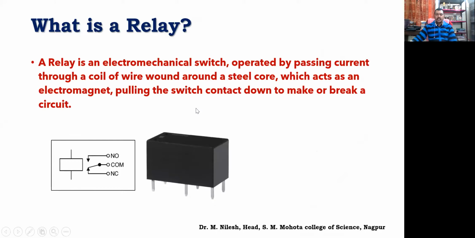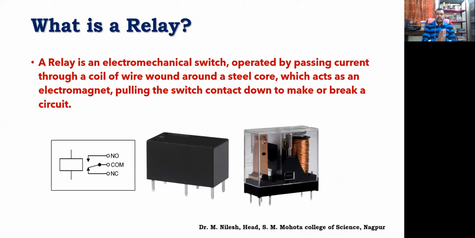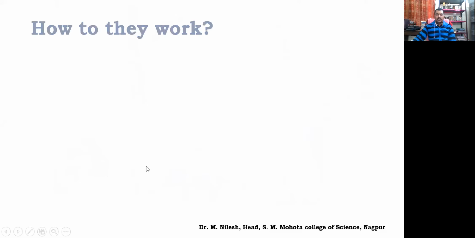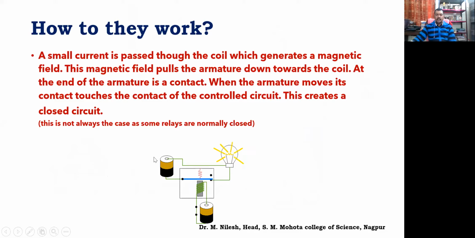Then we have studied about relays. Relay means an electromechanical switch, which can be operated by DC and which can be used to make or break, or switch on or off, the AC circuit, right? How it works, we have shown in the next animation. This is a small DC circuit in which the current is passed through the coil, and this gray colored iron bar becomes a magnet which pulls this shaft and which makes this connection of AC, and the bulb glows accordingly. So as soon as this switch is on, the other switch that is in AC works.